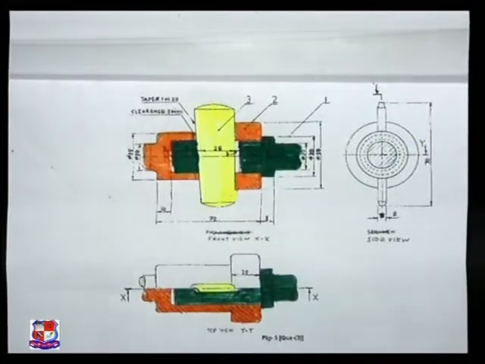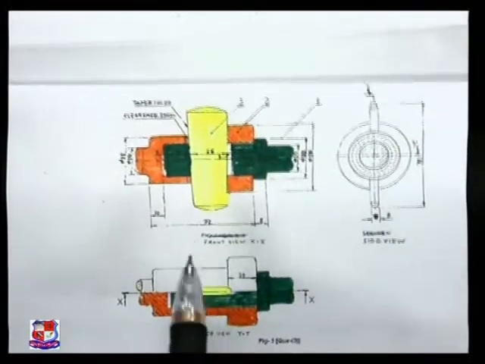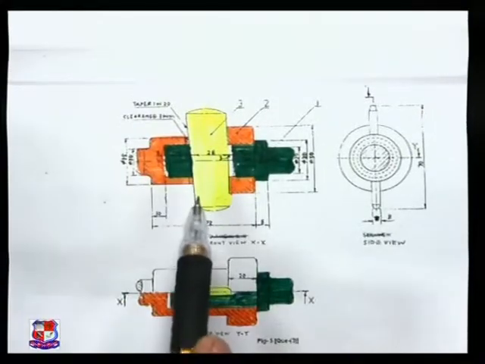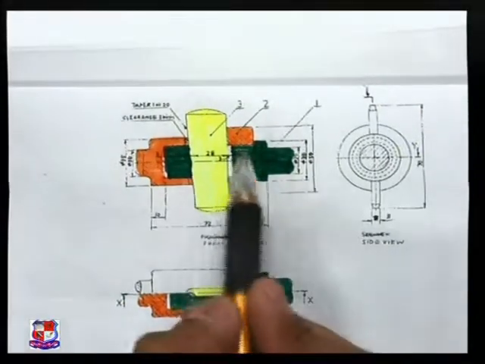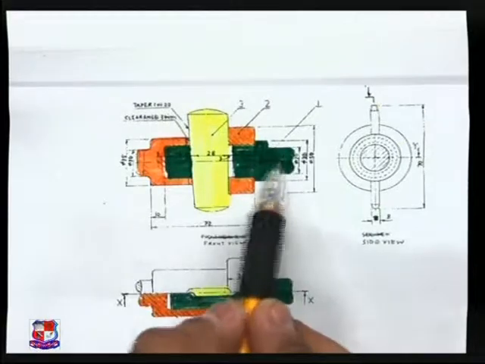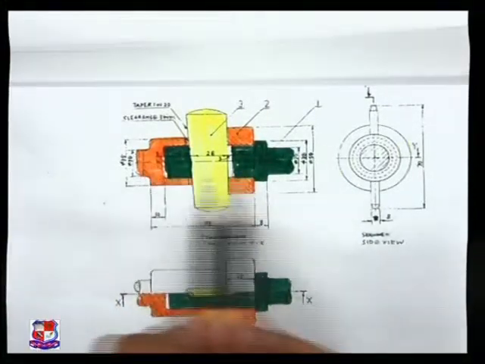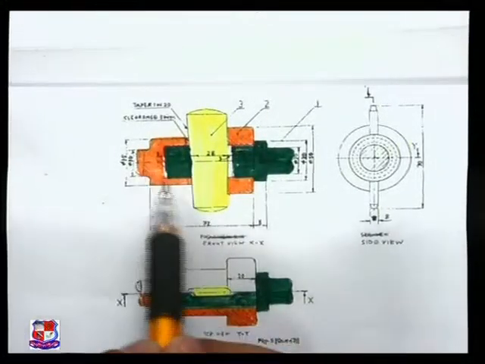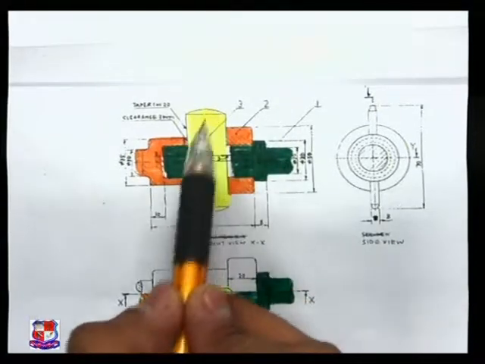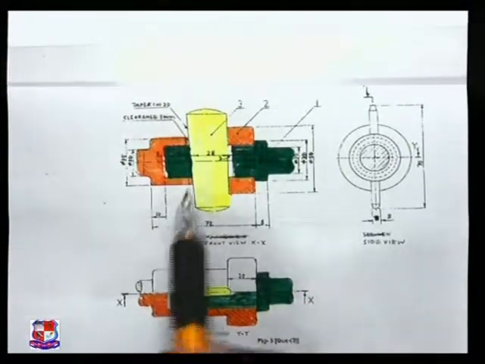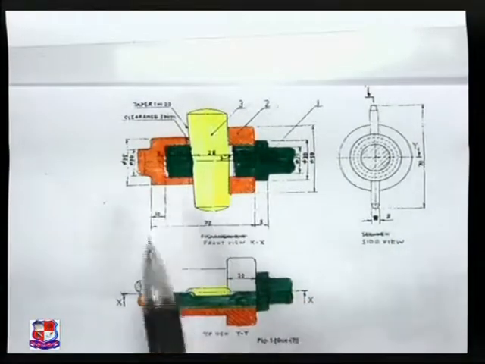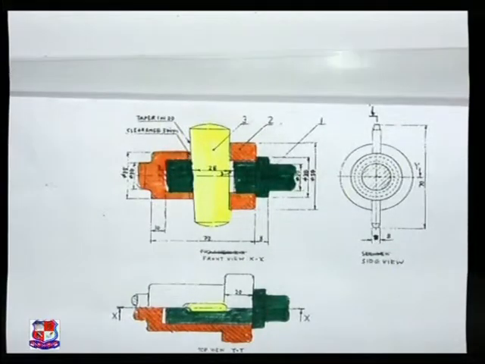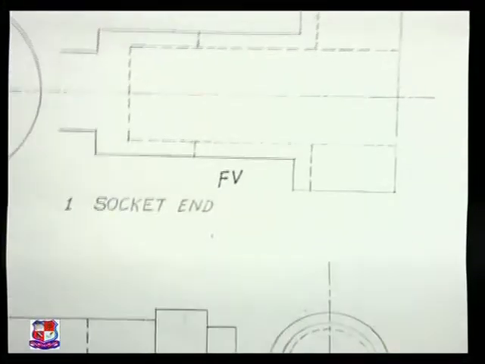These three views are given to us, so we can imaginary color this portion. In examination you cannot color, but imaginary you have to think about this. This is component number 1. This green colored portion is component number 1. This orange color is component number 2. Number 3 is component number 3, that is quarter. So you have to draw these three elements individually. And this is the solution of that problem.